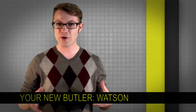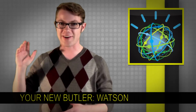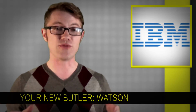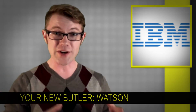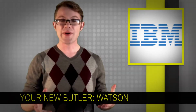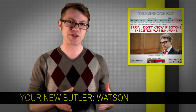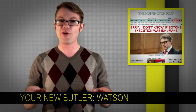However, it looks like we all could become Watson with the power of IBM's supercomputer in our hands. IBM hosted a contest for app developers to propose ideas for apps that could make use of Watson's functionality. IBM is going to take their top 3, fund the app, and then give those app developers access to Watson. App ideas include apps that can check the validity of a news source claim while you're reading it, and a more comprehensive version of WebMD that can tell you if you're just being a hypochondriac or if you really should